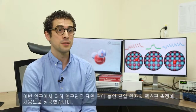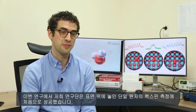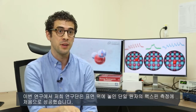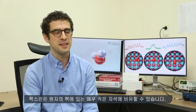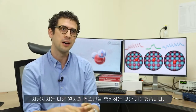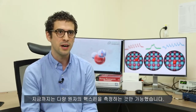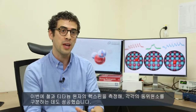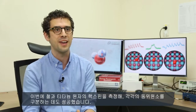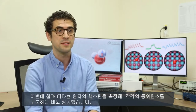In this study, we succeeded for the first time to measure the nuclear spin of single atoms that we put on a surface. The nuclear spin is a tiny magnet inside the core of an atom, and these can usually be measured only in large numbers. As a consequence, we were also able to identify different isotopes atom by atom for two elements in the study,